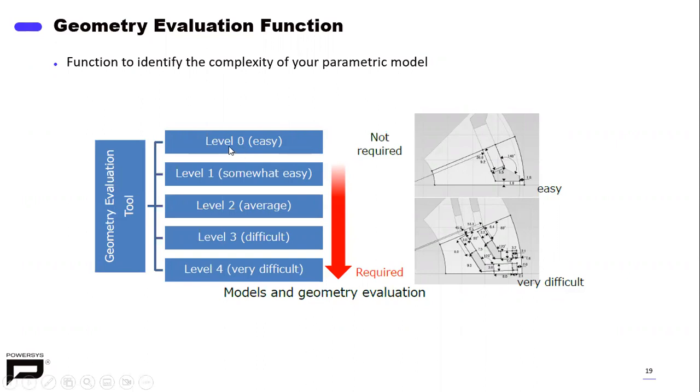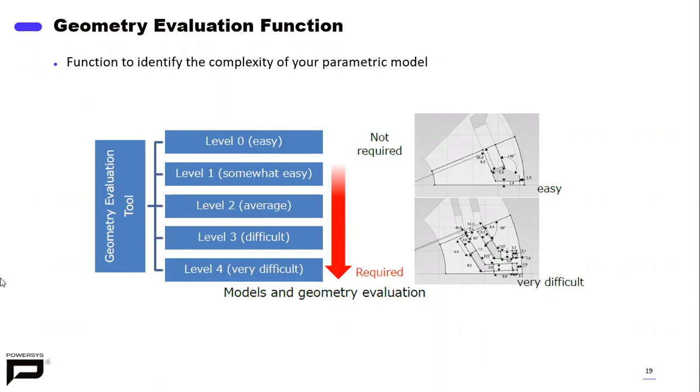If we get level 0, level 1, or level 2, we may not use the rangefinder, but for models with level 3 and level 4, it is a predefined functionality that by running the script, we will know that without the rangefinder it is quite complex to get different geometries to achieve the objective function. So for level 3 and level 4, it is suggested to use the rangefinder option to have a bounded range for creating properly